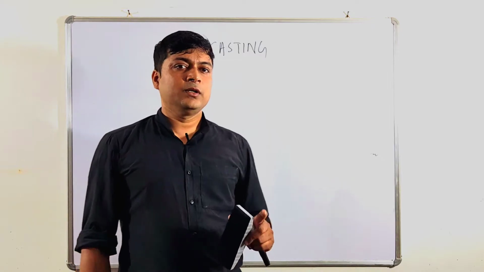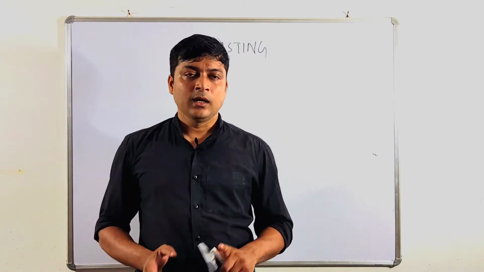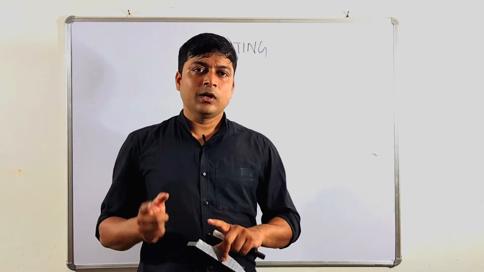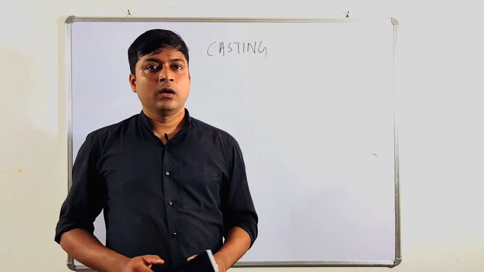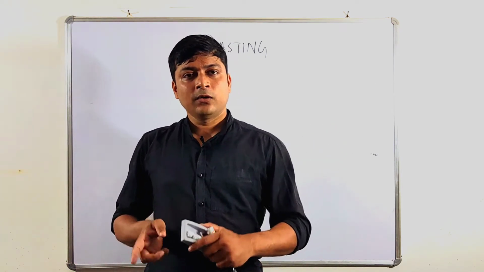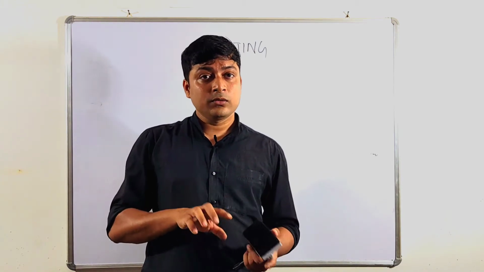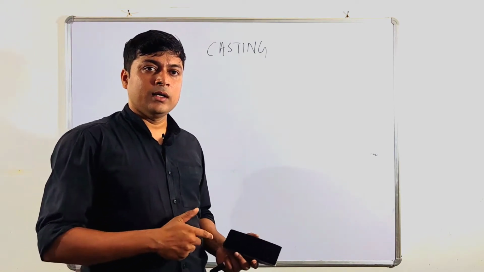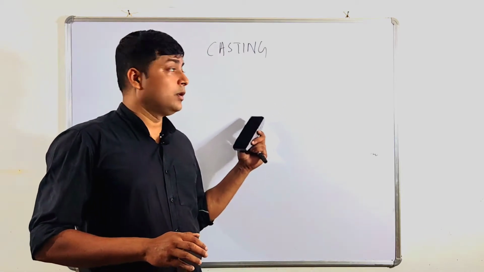In the previous video, we learned what casting is, what implicit casting is, what explicit casting is, how we convert a lower to a higher data type, and how we convert a higher to a lower data type with one example. In this video, we will learn to convert lower to higher and higher to lower data type with another example. That means we are converting character to integer and integer to character. So how the character will work, how the integer will work, in this video we will learn everything.